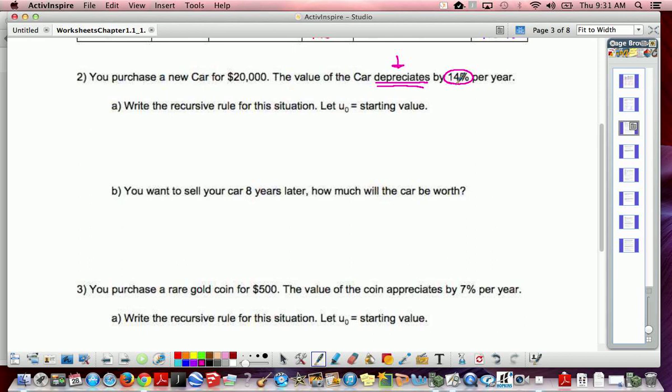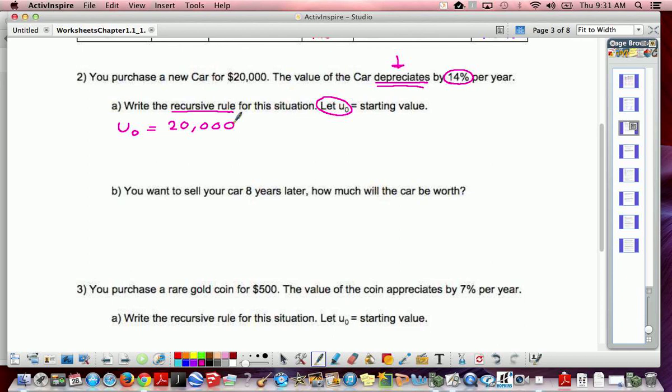So question A says write the recursive rule for this situation. So I see recursive rule. And it says, let u sub 0 be the starting value. The reason why we're letting it be u sub 0 again is it's a starting value. It's not the first term per se in a sequence. It's the actual starting value when we're starting at time 0. A lot of times I like to think of it: you bought the car initially at $20,000. That way, when you do the next term u sub 1, it represents the value after 1 year,